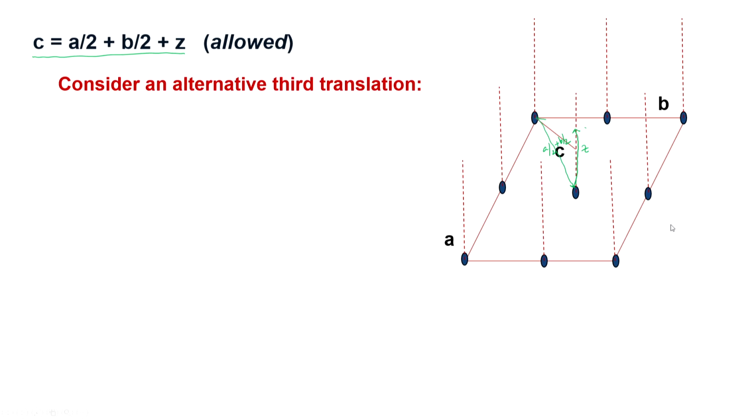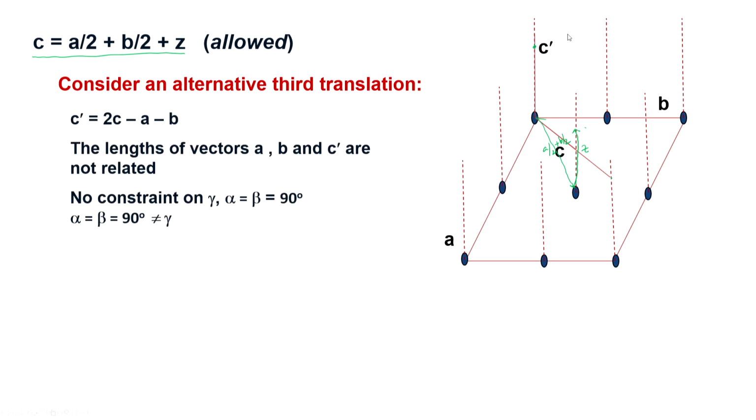But then instead of defining this, can we do an alternative? So, again I extend the C vector all the way to the two-fold axis on the other corner. So, we have gone up till here, and then I have travelled 2C, then I can go minus A and minus B reaching somewhere here. So, I have defined a new C vector which is 2C minus A minus B. So, C, A and B, all three are vectors.